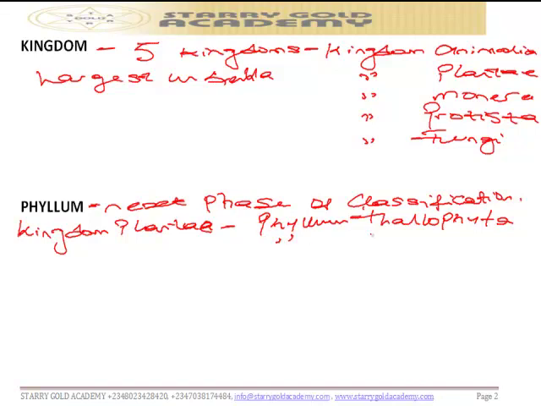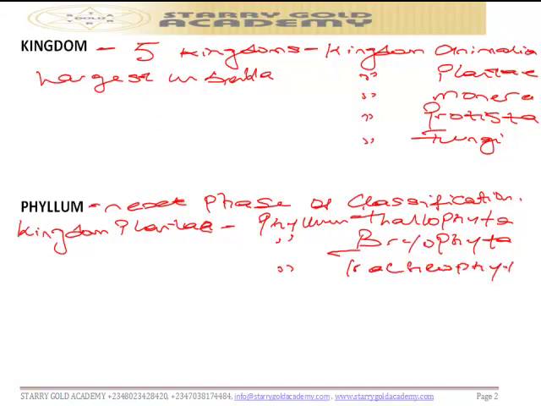We have phylum Bryophyta. We have phylum Tracheophyta. Those are the three phyla we have under kingdom Plantae. Now, under kingdom Animalia,